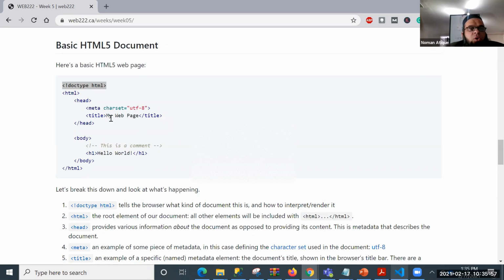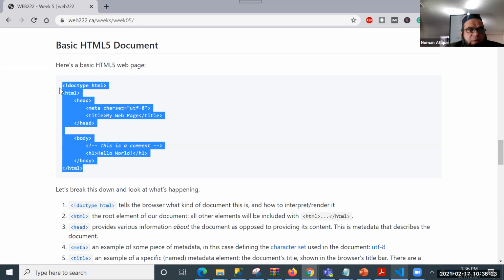Okay, so we said that this is the first element, which is the root element, HTML, and then we have two main sections in our HTML document. One is called head, and one is called body. And we said that head, other than this title tag inside head, nothing has a direct visibility on our web page. Rather, on our web page, we only see this title. And you remember where did we see that title?